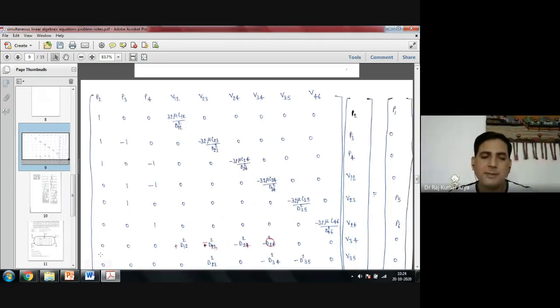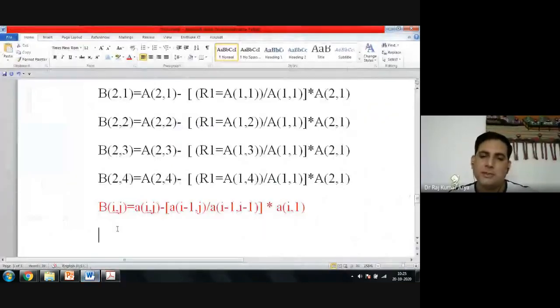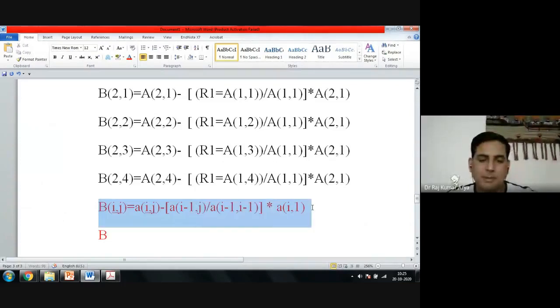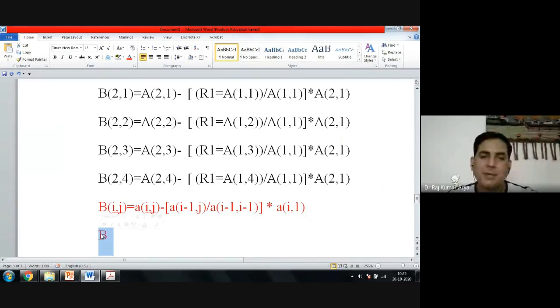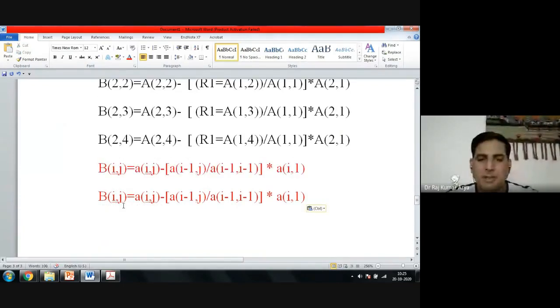So let's see what will happen when I equal to 3. Let's write for that. If I just change here I equal to 3, what will come here? Let's copy and paste it, and see whether it gives me the same thing I need or not. I made I equal to 3 here.